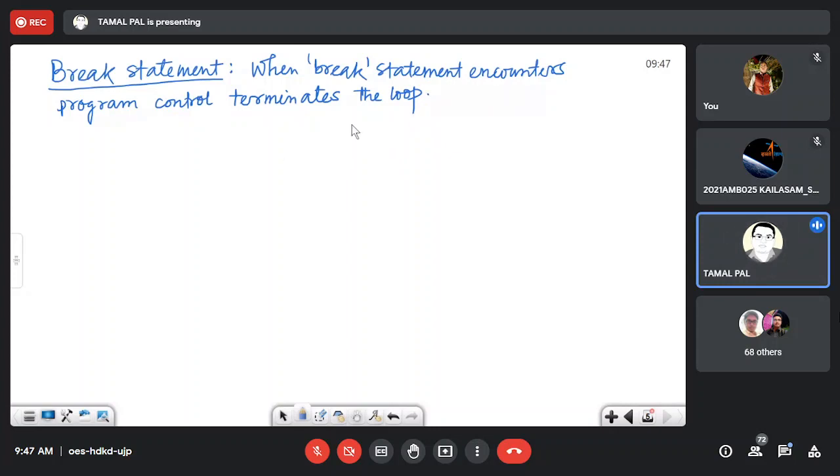Okay. That means after using break statement, the program control gets out of the loop. Better to use the easy term. Termination will be rather difficult. Program control.